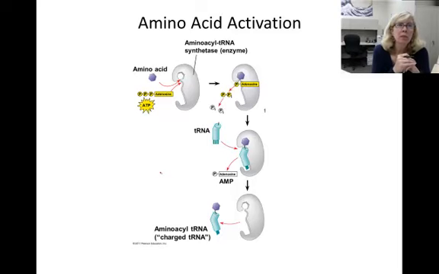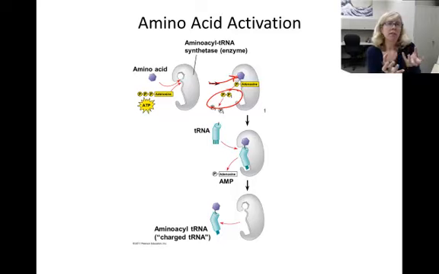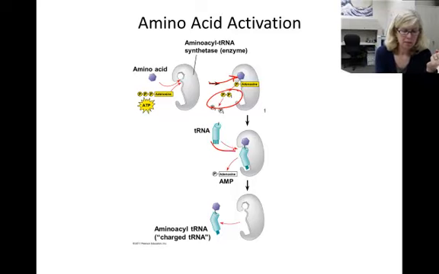tRNA molecules are reused and need to be bound to an amino acid before each use. There are 20 different enzymes called aminoacyl-tRNA synthetases in the cell, each one of which is shaped so that it only binds to one type of amino acid and one tRNA anticodon. The energy released from hydrolyzing 2 phosphates from ATP is used to attach the amino acid to an active site on this enzyme, and then the appropriate tRNA for that amino acid binds to the remaining active site,